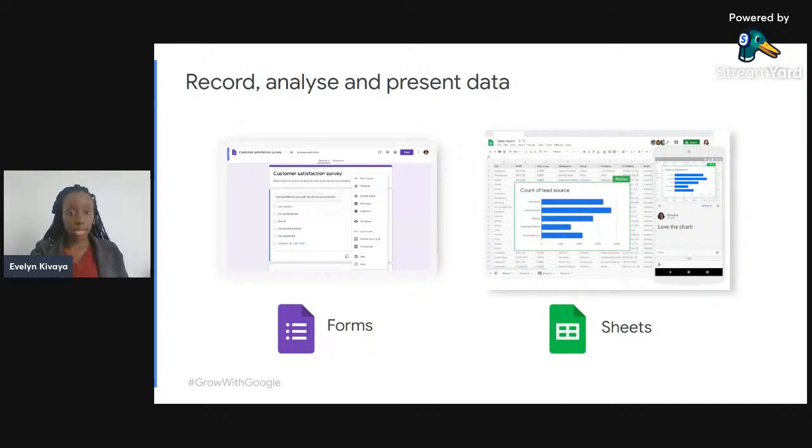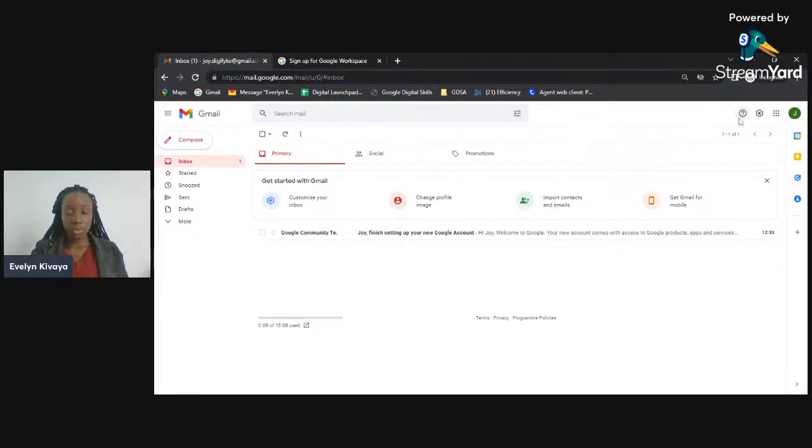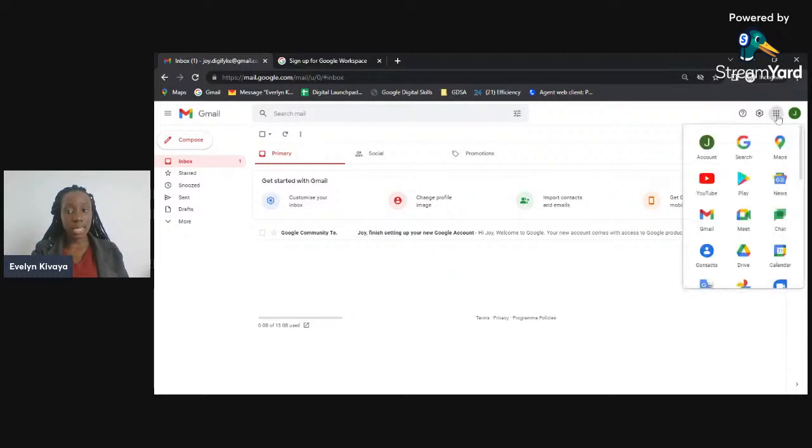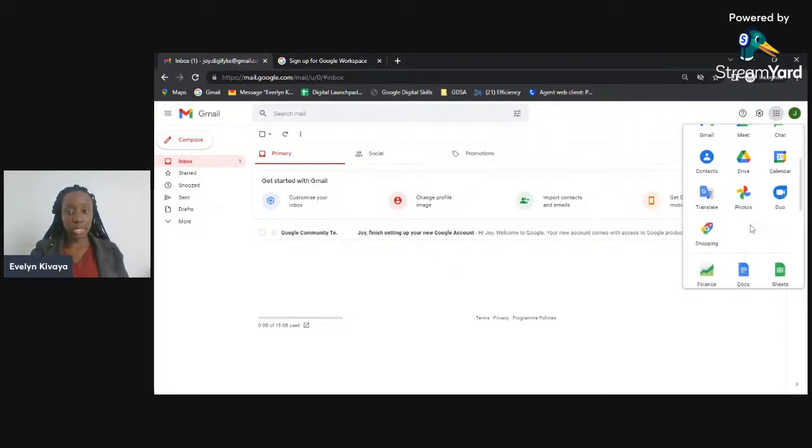So maybe I can show you practically now. Allow me to reshare my screen again. For example, let me show you those tools practically. To access the Google Workspace tools, you have to log into your Gmail, and under it there are these nine dots, which if you hover over them, display Google Apps. Once I click on it, I will be able to access some of the Google Workspace tools that we've just talked about.